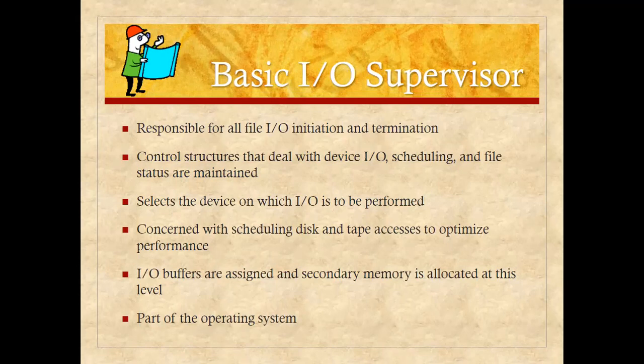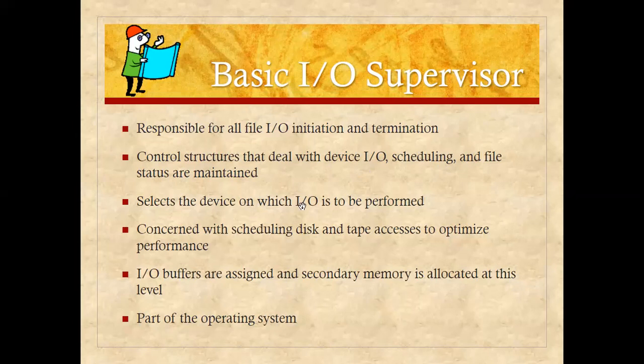The first process is keeping a data value 10, and the second process is placing a data value 20. So if the second process runs after the first, then the data will be 20 in your memory. Otherwise, if process P1 is running late, then your data will be 10. So there will be an ambiguity situation which we call a race condition, and that should not be there. That's why we are using the basic IO supervisor technique. So it will be responsible for scheduling, and file status is maintained.